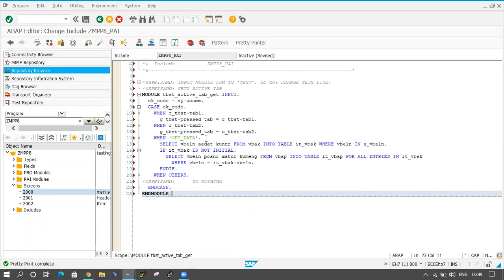If I click on get data, then I'm fetching the data from VBAK and VBAP and passing the data into the internal tables IT_VBAK and IT_VBAP. Fine, now it's okay.